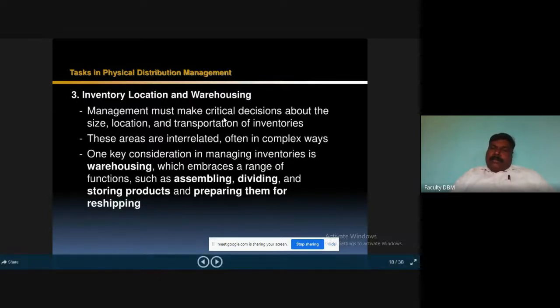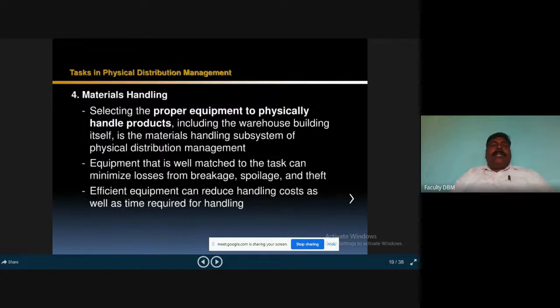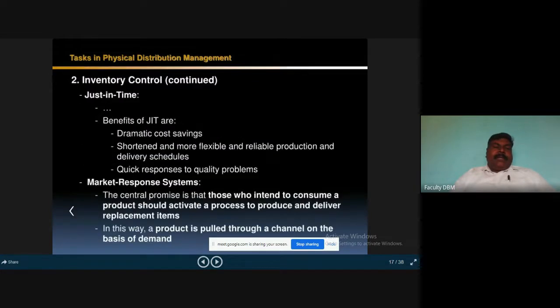So management must make critical decisions about the size, location, and transportation of inventories. These are interrelated, often in complex ways. Managing inventories includes warehousing, which embraces a range of functions such as assembling, dividing, and storing products, and preparing them for shipping. So, next is material handling, as we have seen